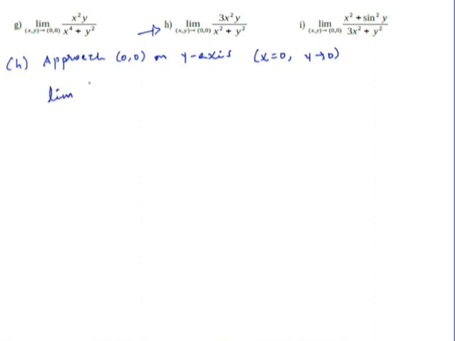የተሰጠን ኤክስፕሬሽን ውስጥ xን 0 አድርገን እናስገባለን። So 3 times x square y over x square plus y square as x comma y approaching to 0 0 ምን ይሆናል ማለት ነው? 0 ነው የሚሆነው። Similarly approach the origin on the x-axis